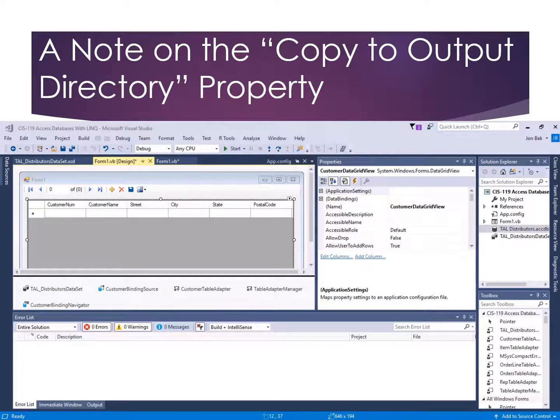I want to take a moment to point out to you a situation that arises that really confounds some students, and it's probably easiest to illustrate it, demonstrate it, than to talk through it. So here's what's happening. We've got our program, our data set is all set up, the binding source, the table adapters and table managers are good. We've got a data-aware control bound, and we run our code,